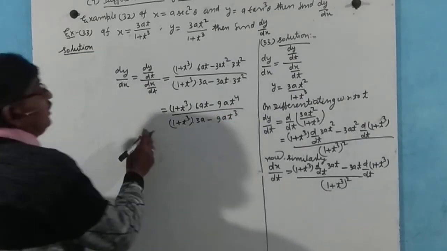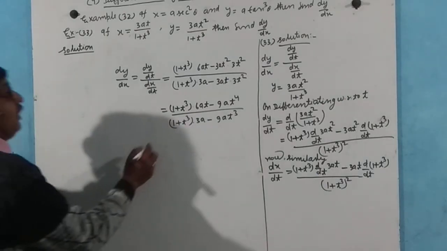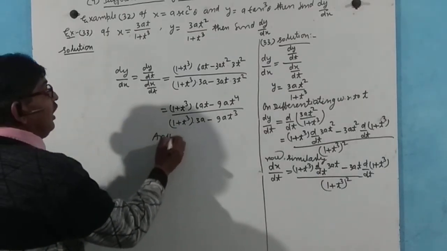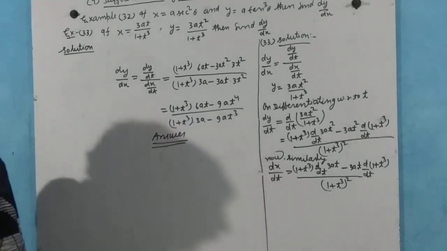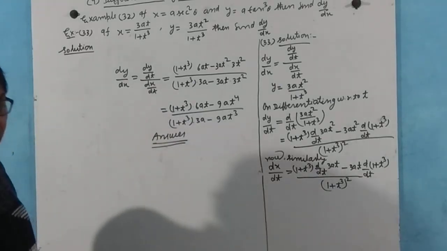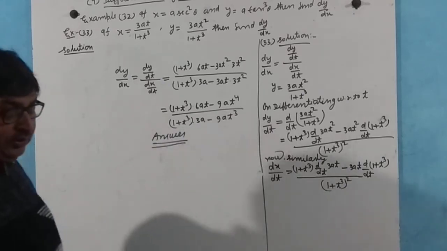This is the value of dy by dx. This is our answer here. Now this is the answer here, and we see